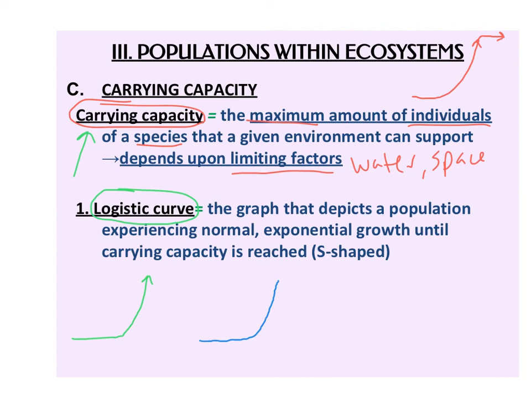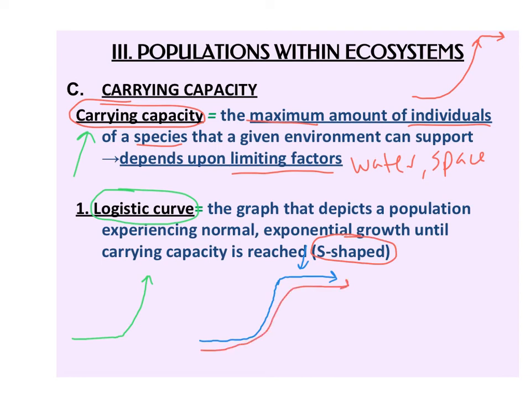Limiting factors cause the population to stabilize. And that is when the carrying capacity has been reached. So whenever the carrying capacity is reached, the population will stabilize. It'll stop going up. And they call that the S-shaped curve, or the S curve, because it kind of looks